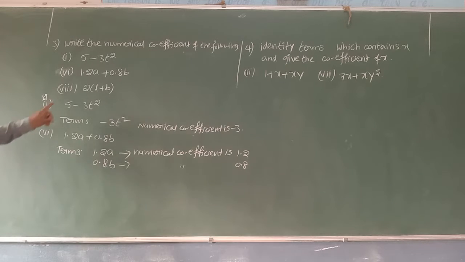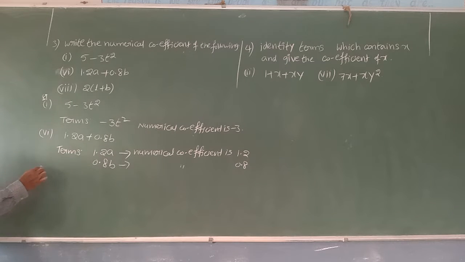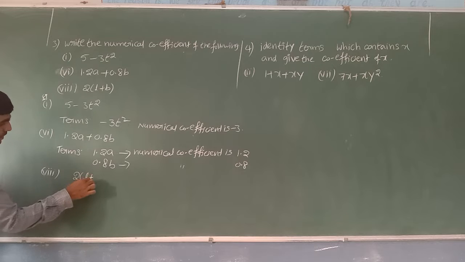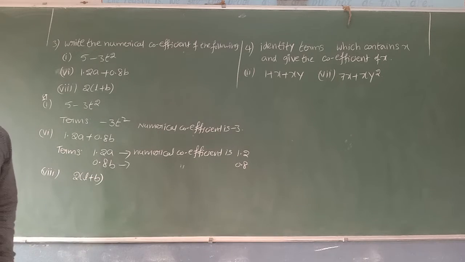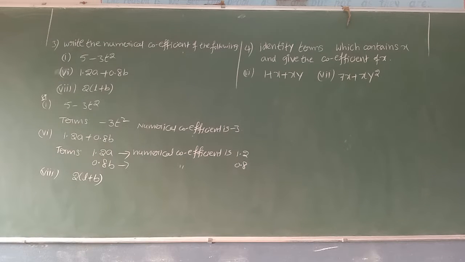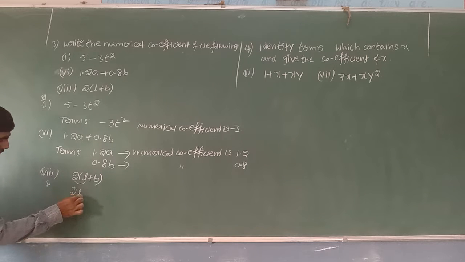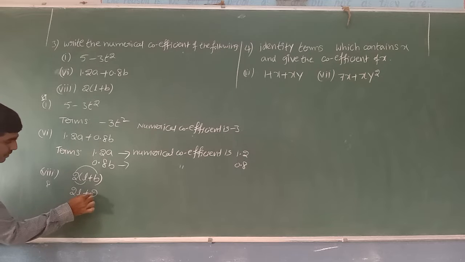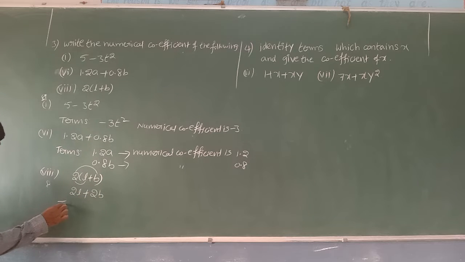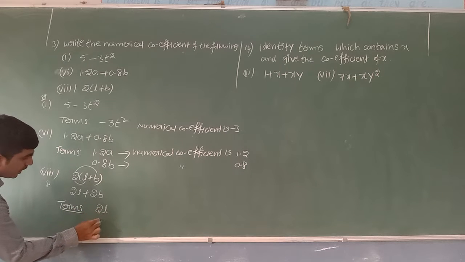And you can see one more, beta. Here you can see 2 into l plus b. Yes, 8th one. Here the term is 2 into l plus b. Here we can see some product. Let's simplify this first. How can I multiply 2 into l plus 2 into b, 2b? Here we have 2 terms. Here the variable terms are 2l and 2b.